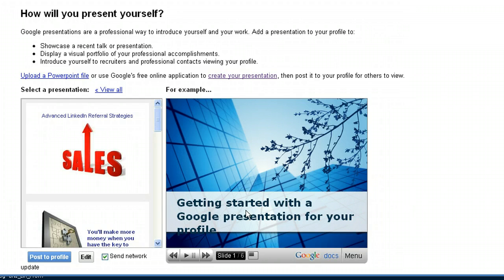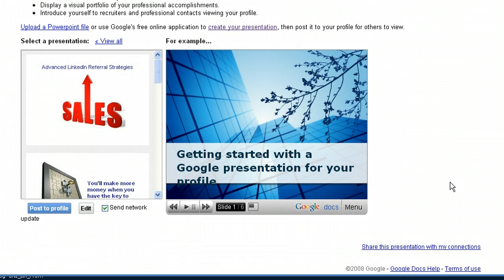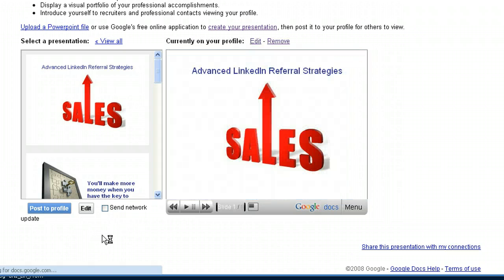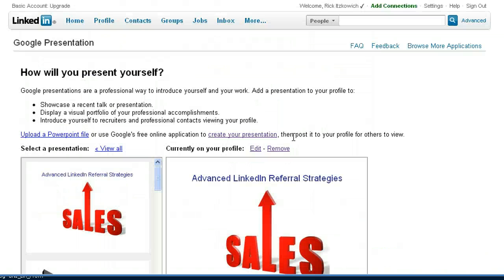It would just appear on this preview window, and then you'll have the option to post it to your profile. By the way, you see here there's a check mark that says send to network. You could actually notify your entire network of your new presentation if you wanted to, and that would help you with your visibility. I will choose not to do that, so I'm going to uncheck it and simply post it to my profile. What you will do is you will see here that it now appears on this window,